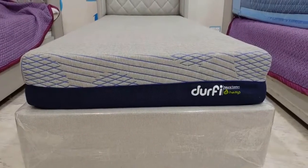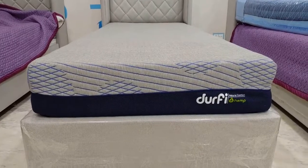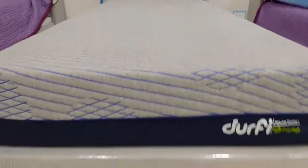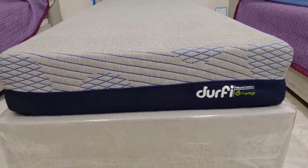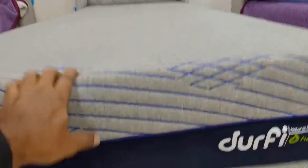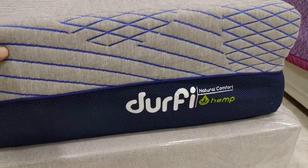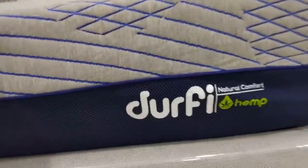So finally unboxing is completed. You can see the mattress, it's almost taken the original shape, and the finishing wise, quality wise, it looks really great in the sense of quality and build quality. And you can see two different colors on the outer cover, gray and blue, and you can find